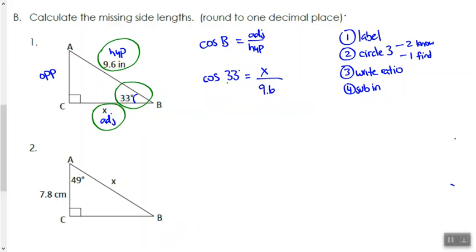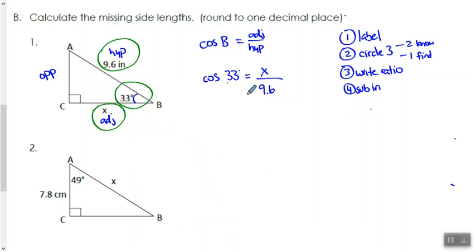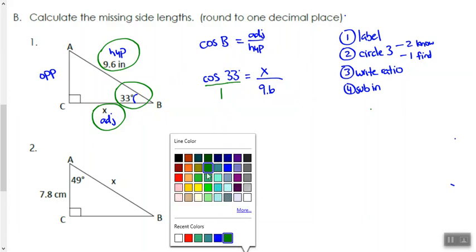Now, I'm going to show you a way that's a little bit different for solving this than last time. So WAM10 is basically proportions 101. So if we want to turn this into a proportion, because we know how to deal with proportions, I can just put this cos of 33 over 1. It's still cos of 33, and now it looks like a proportion. Now remember, when I'm solving for proportions,